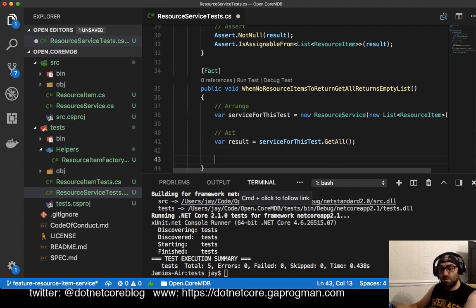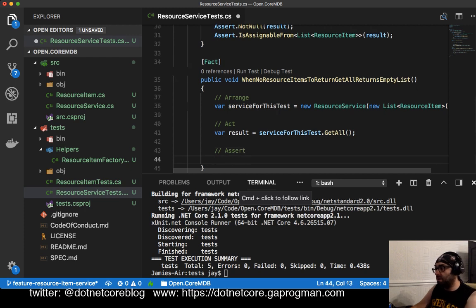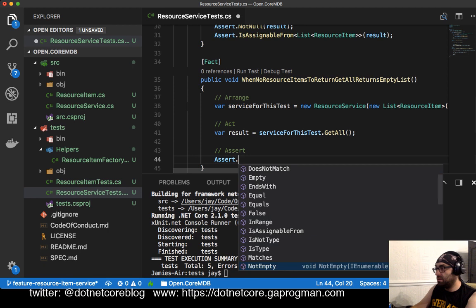So then what else do we want to do? Let's have a look, just check that this is all working. Occasionally I like to check back. I'm using OBS to do these streams, so occasionally I like to check back into OBS to make sure that everything's working. So let's do, we want to assert. So how do we assert? We want to make sure that result is not null. So Assert.NotNull